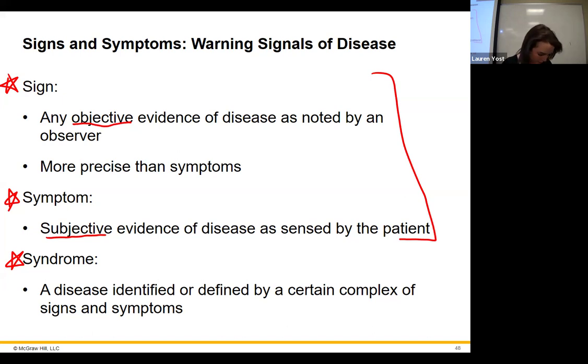I don't know why I put them on the same slide, but we're going to go over it now anyways. A syndrome is a disease identified or defined by a certain complex of signs and symptoms. Now, we've already gone over one of them today. I keep bringing it up, but anytime you have a disease that's associated with certain kinds of symptoms, for example, let's say that your symptoms or signs were you're having sensitivity to light and your neck is sore and you've got a headache and you've got a fever.